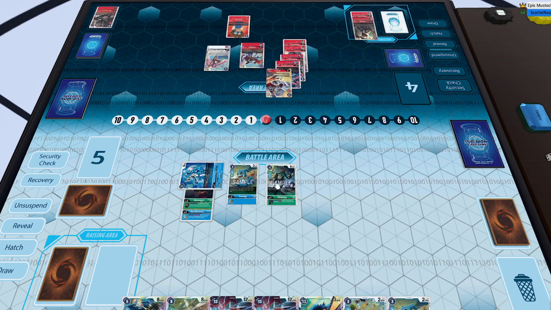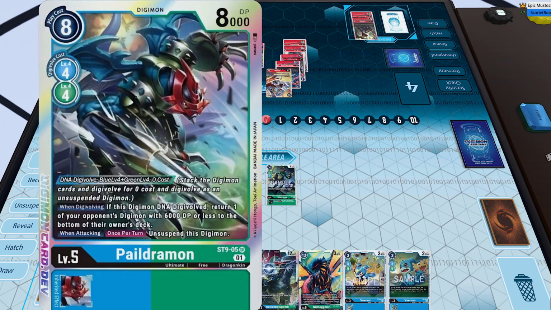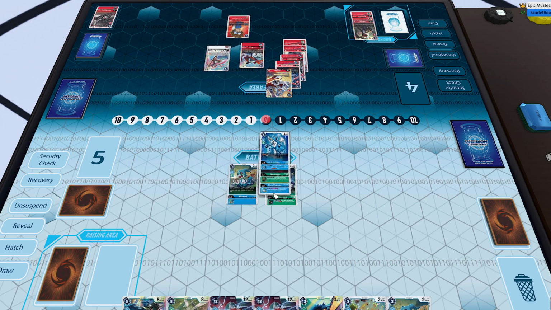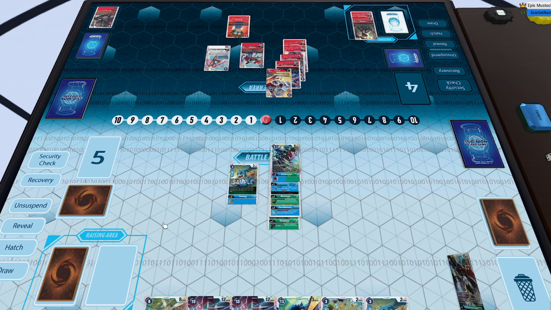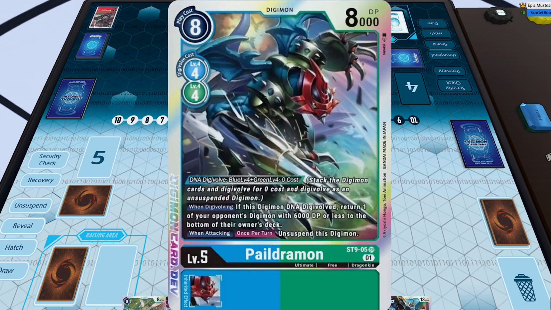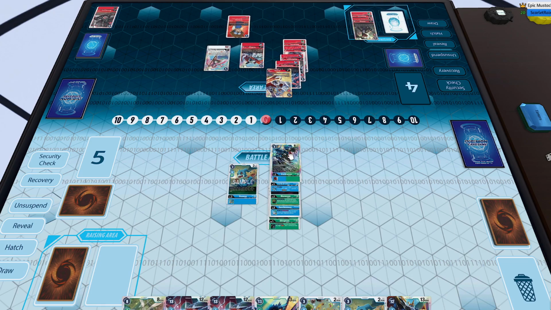So I'm going to play Stingmon for 3, using his effect to reduce the cost by 1, and then I'm going to stack my 2 champions, DNA Digivolve into Imperialdramon for a cost of 0, and this Digimon unsuspends, and it can still attack during this turn. Imperialdramon's effect activates since it was DNA evolved. I get to bottom deck a 6,000 or lower DP Digimon,